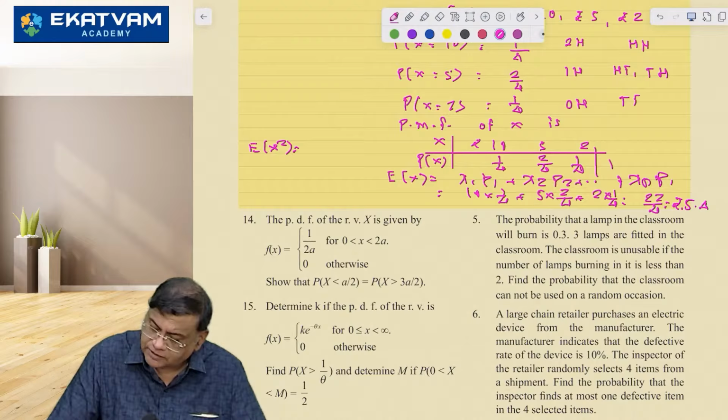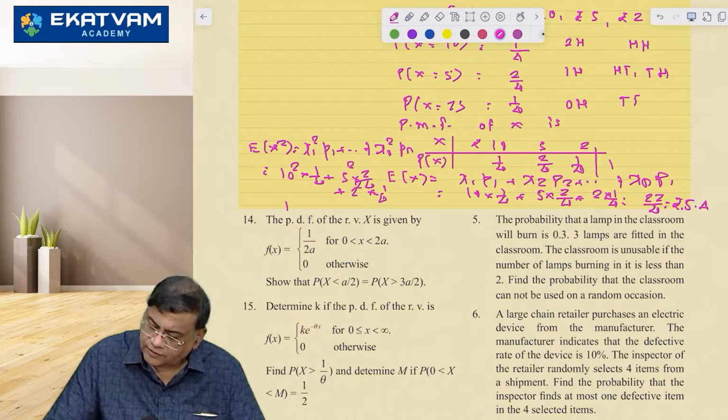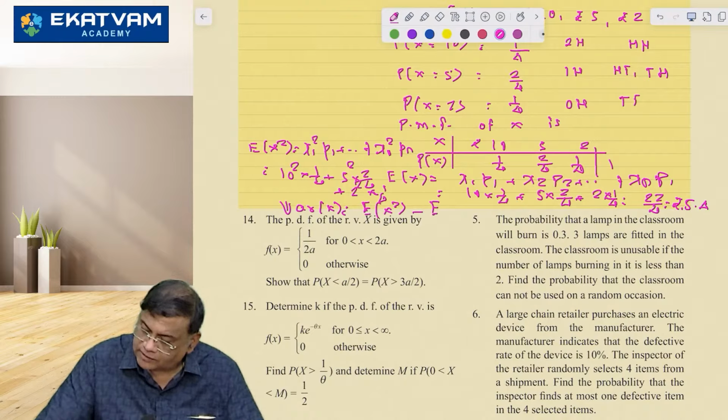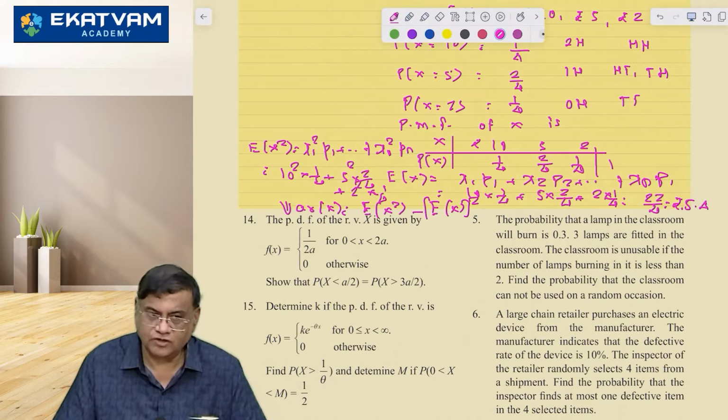Now expectation of x square is equal to x1 square into p1 plus up to xn square into pn, which will be 10 square into 1/4 plus 5 square into 2/4 plus 2 square into 1/4. And after you find this, find out variance. Variance of x is equal to expectation of x square minus the square of expectation of x. यहां तक आपको कैलकुलेशन करना है।